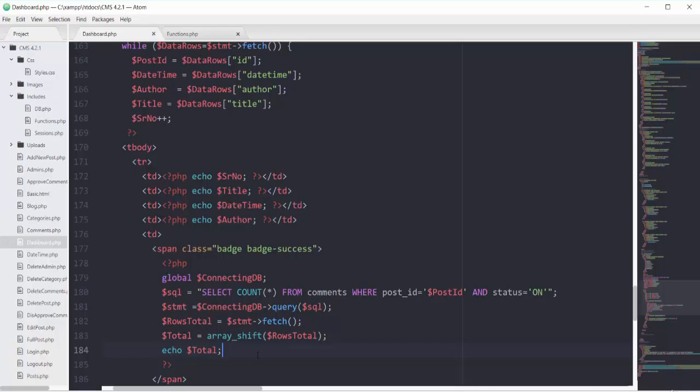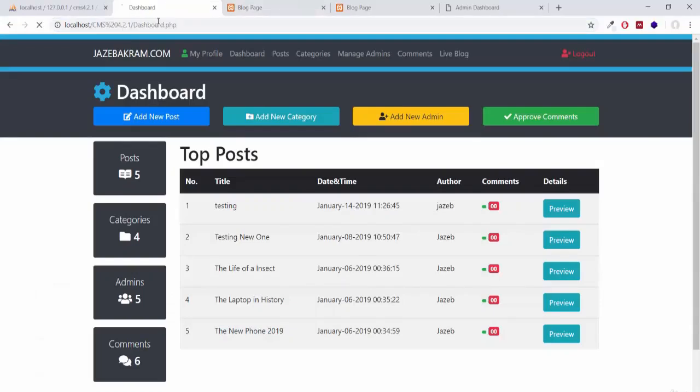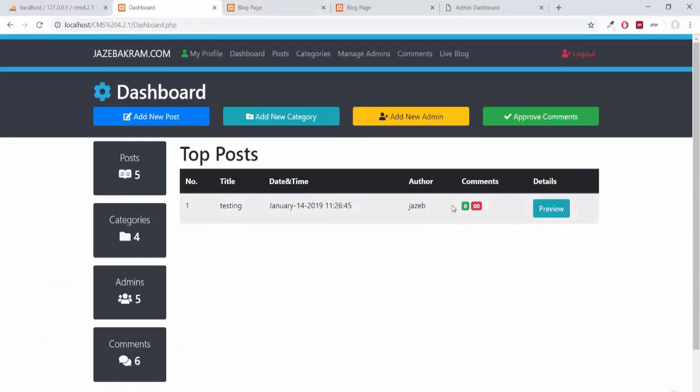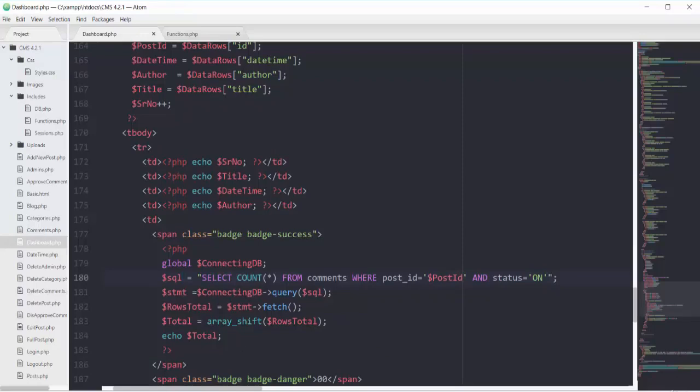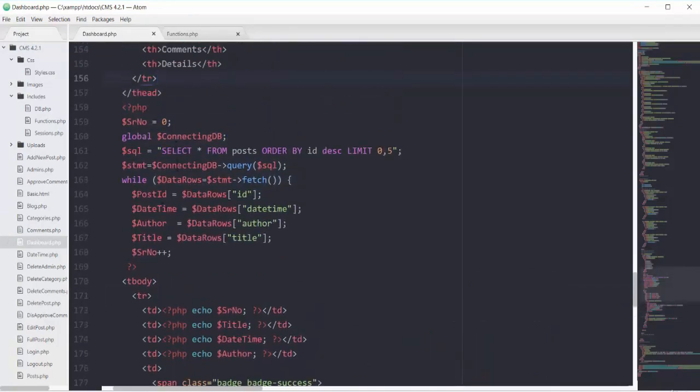So if I save this one and refresh my dashboard page, we are having only one comment here. Why is that? It might be because of using this variable of SQL and STMT again. Because in this while loop for fetching all the posts, I use this variable of SQL here, and then I use this STMT.